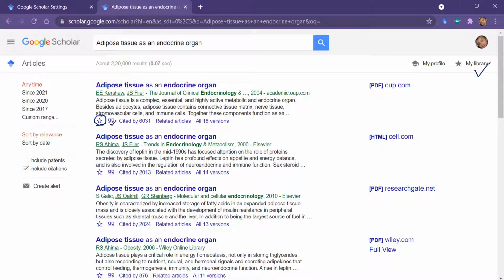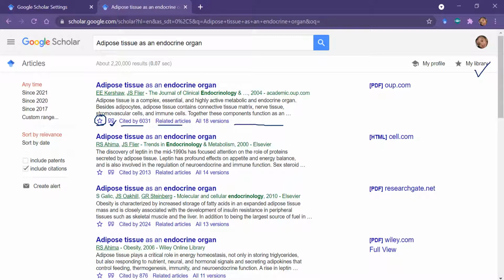This is for citations. Whenever you want to cite this paper, if you click on this button, it will give you different types of output styles, or you can directly download your article's citation details from there also. I will show you that too. Then this shows how many times this paper has been cited. Clicking here shows other papers related to this article, and for this paper there are 18 different versions, meaning it is mentioned on 18 different websites. At this place currently nothing is there, it is blank.